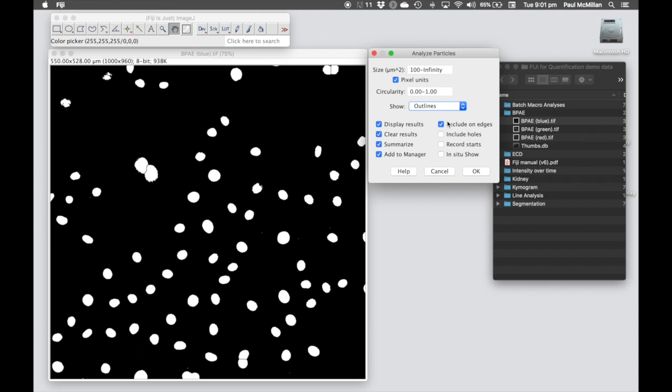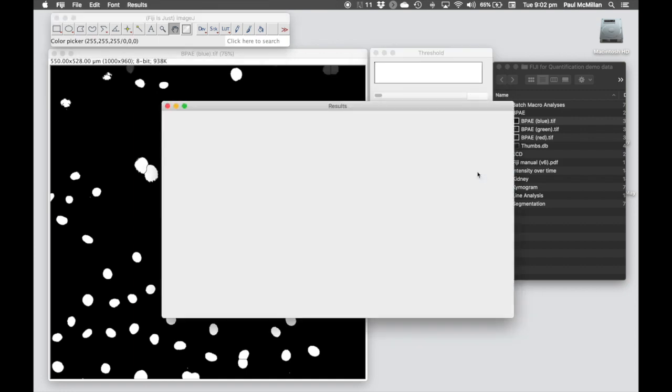We're going to exclude anything that's touching the edges, so we can't be sure things that are touching the edges, whether they're 1 or 2, and if we're having readouts like area, then it's very dangerous to include anything that touches the edge. Let's have a look. We are going to display results and have everything else off. So display results, exclude on edges. Once we click OK,